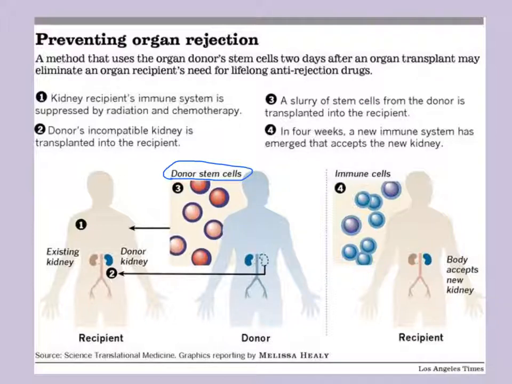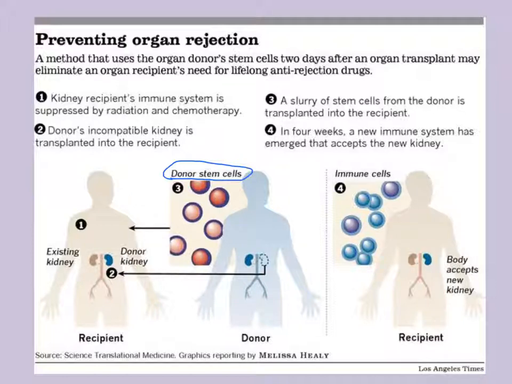The recipient's bone marrow has been treated through chemotherapy to be repressed. The recipient's own immune system has been greatly compromised. It's one of these situations where they'd be living in a very sterile environment in the hospital. So their immune system is kind of knocked out, and the donor stem cells are injected into the person along